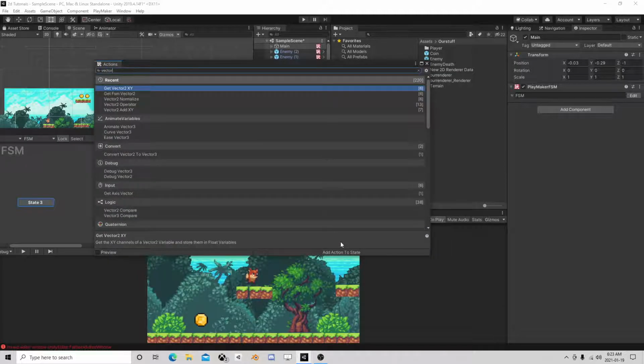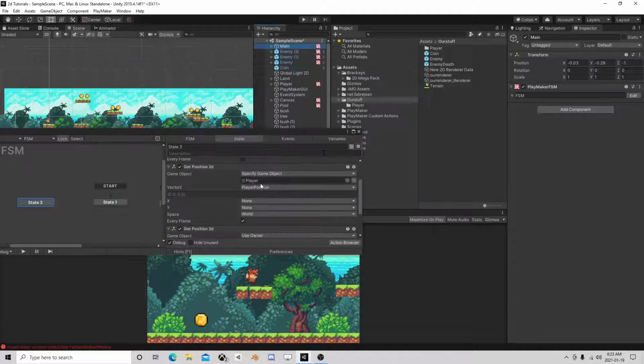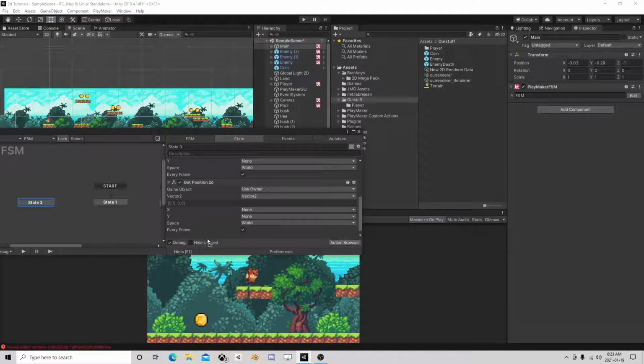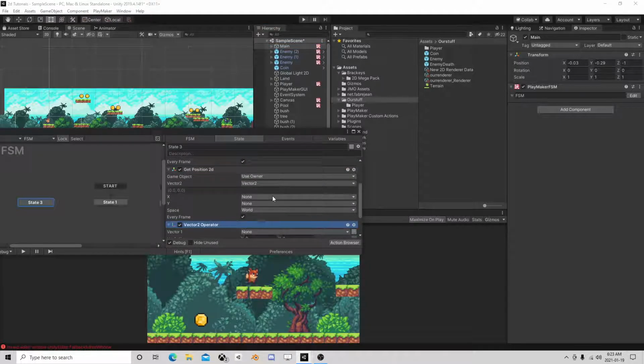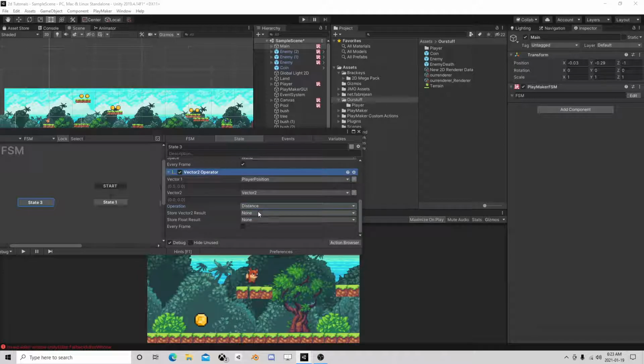Vector 2 operator. Did that go in? Yes, it did. So distance. We're going to get the distance between both these little guys, store that into a distance every frame,